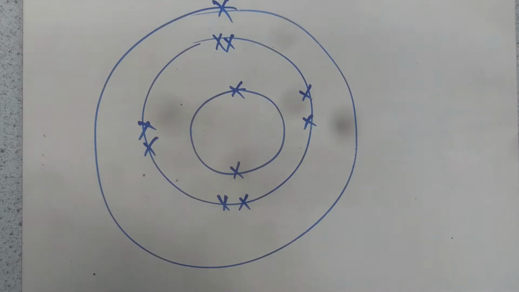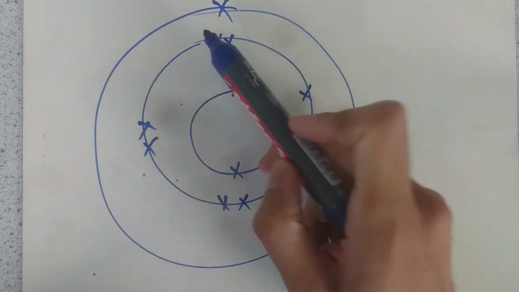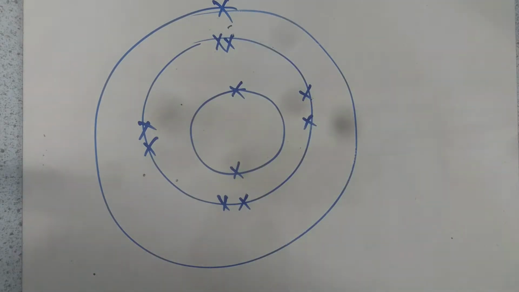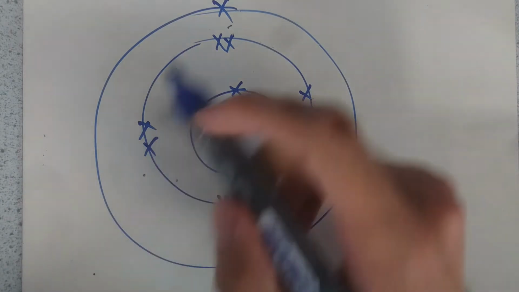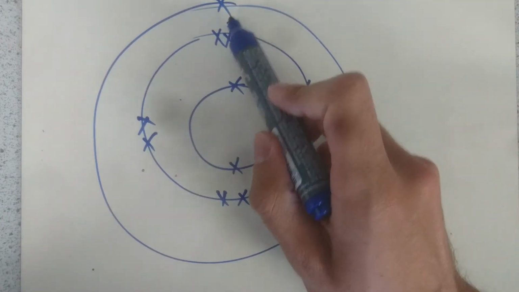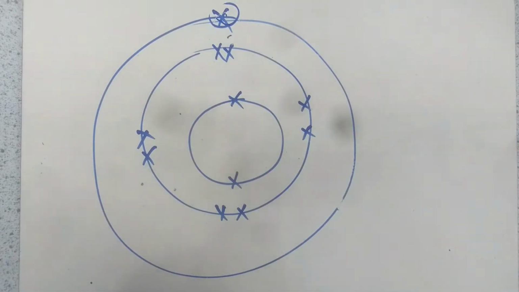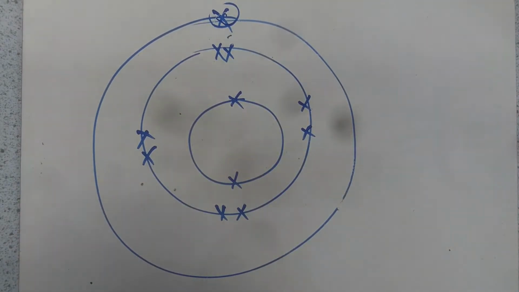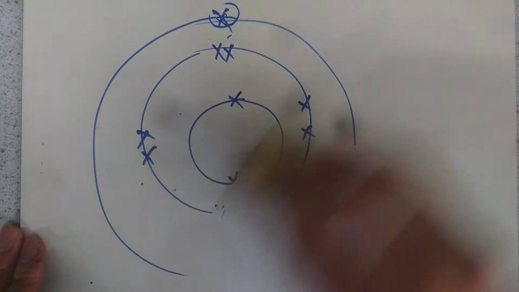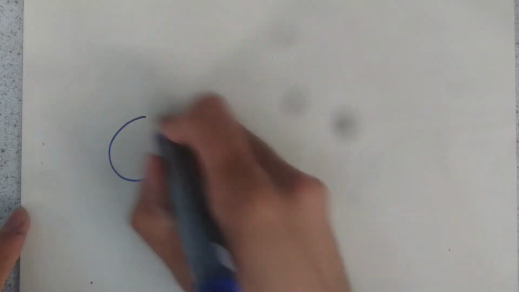So what we can say about sodium is that at the moment it's not as stable as it can be. Sodium has got one electron in its outer shell, and actually that one electron's quite reactive. It gives it some chemical properties. So in order for it to get stable, it'd want to lose this one electron, and that will want to go. So it does this quite often. And sodium, when it reacts with something else to make an ionic bond,